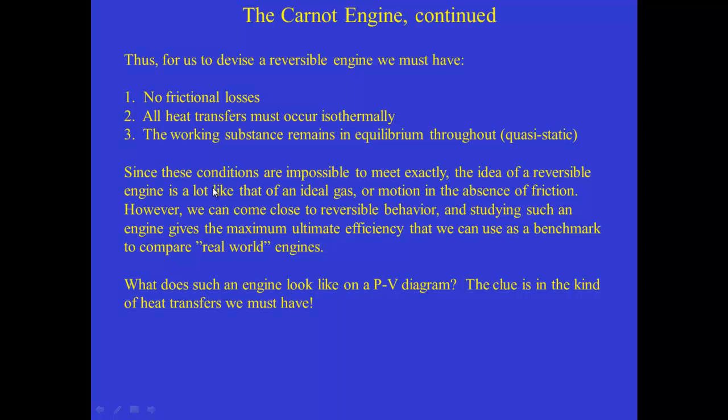The ideal gas isn't exactly the way that any gas behaves in nature, but it's an approximation that they all roughly obey in a particular limit where the gas is very dilute. And so the efficiency that we're going to derive for the Carnot engine will be the maximum possible efficiency that you can have